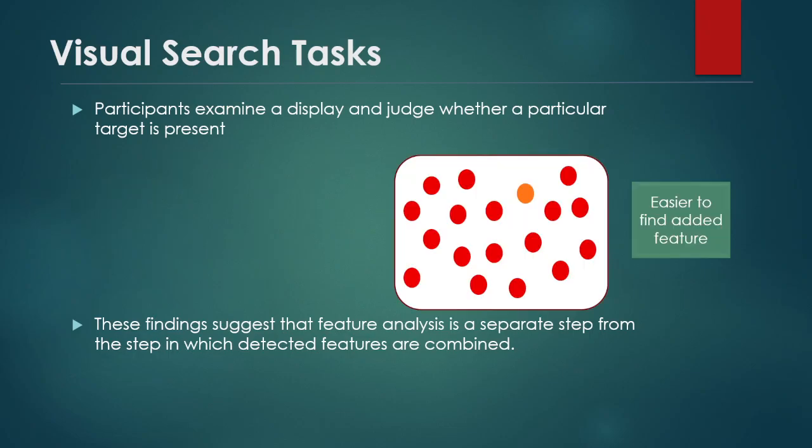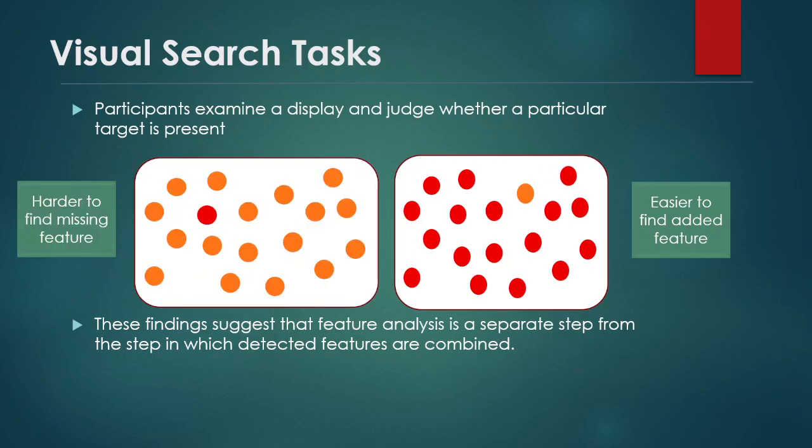Here we have a bunch of red spots. The orange spot is red with yellow added into it, right? So finding an orange spot in a field of red, that should be an added feature. Well, it turns out people are faster at that than they are at finding the red spot in a field of orange. Now, of course, we're on a screen and other kinds of things may be impacting how red or orange the things are looking to you. You might say, oh, I'm seeing the red faster on the left panel than I'm seeing the orange on the right panel. Across several trials and lots of different illuminations and lots of different contexts, people are faster on average